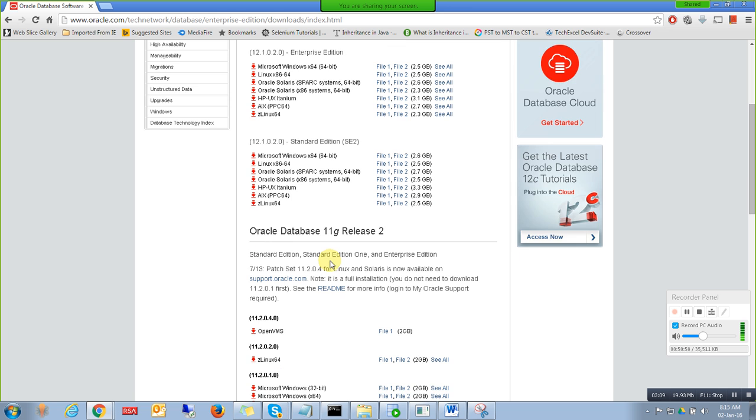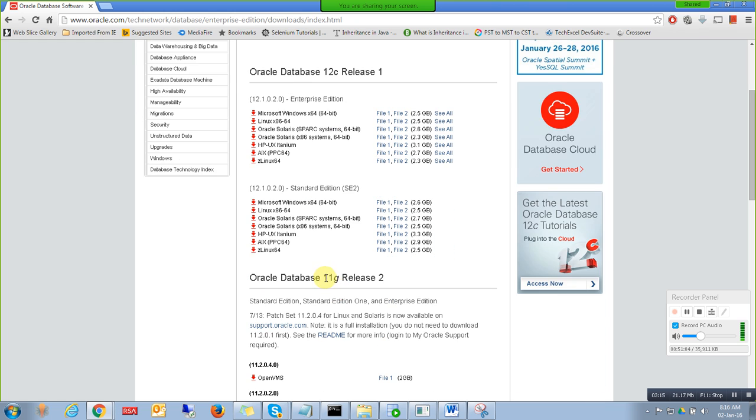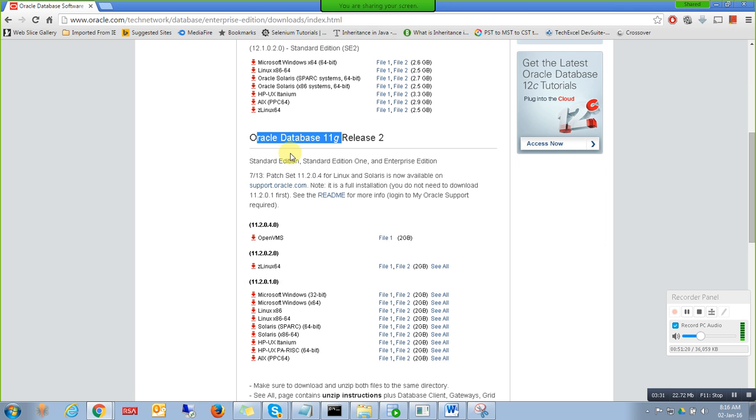11g is also available, and it is better to download 11g because 12c requires a lot of space, and that much space is not required actually. Also, in 12c there are a lot more advanced features. We are not going to learn those concepts actually. They are only from a DBA perspective. Okay, but 11g is enough for us. So go here, Oracle 11g Release 2. Here, if you go here